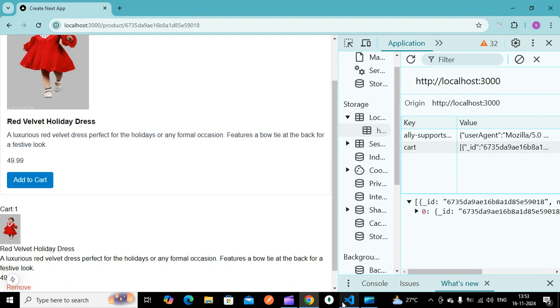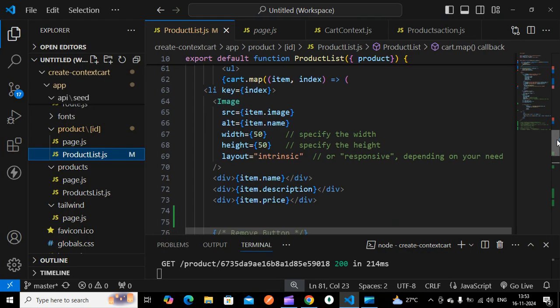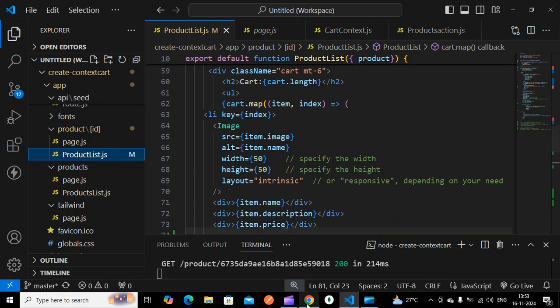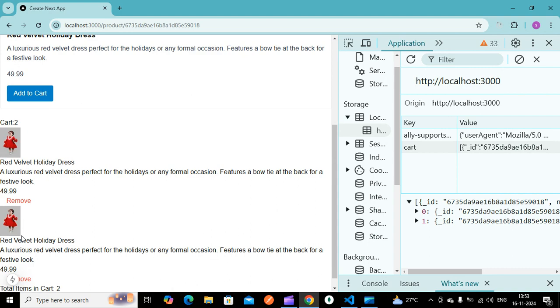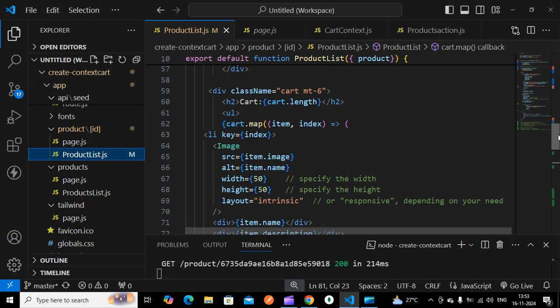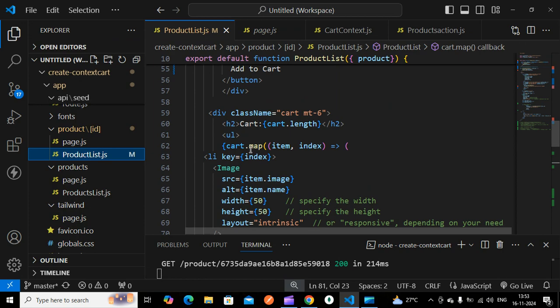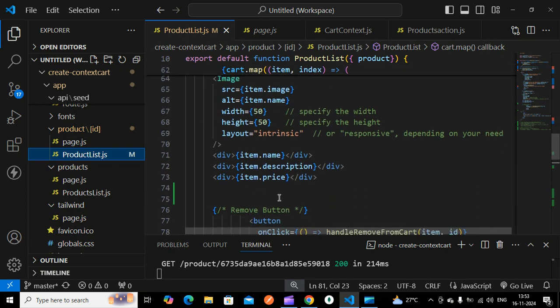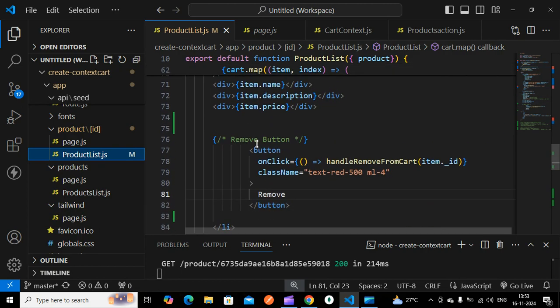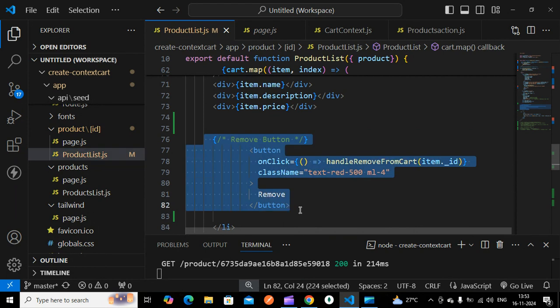For that we have to give a button. Here I have a cart. In the cart, if I have two items, these two items should have a remove button. So for that, where we have mapped the cart, here we have a cart map function. If I have a cart value of 3, these three items will be iterated through this loop. Once we have this, we have to add a button over this,